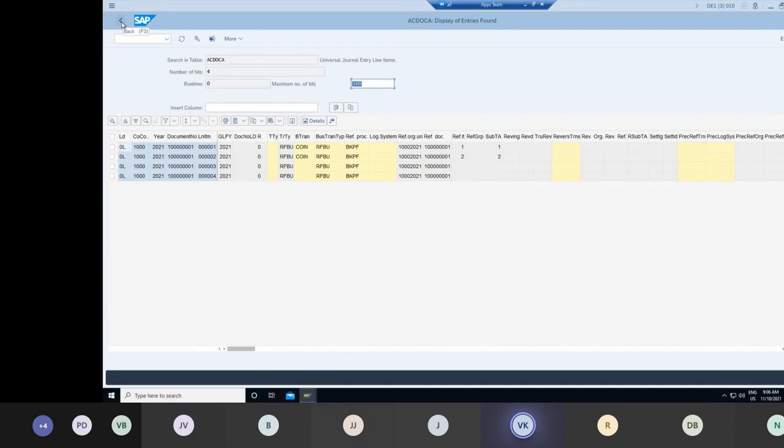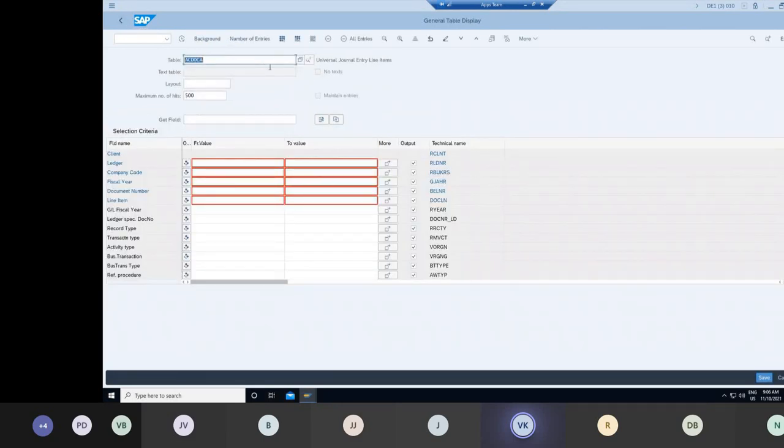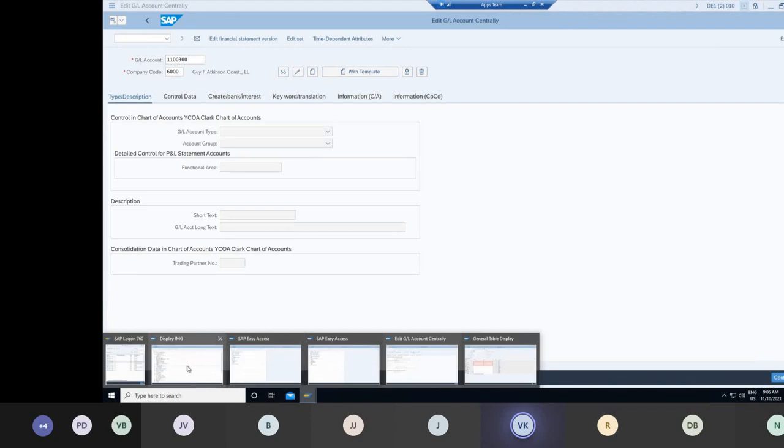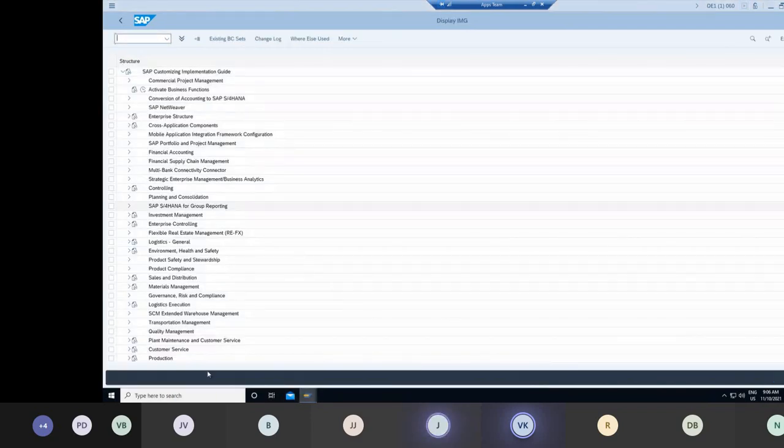So just remember one thing, we always do our configuration in this client, in this golden client called 010. The name might differ, but remember, we'll always have one golden client where you do all your configurations, and in case of any change also you will do it here. We will create this transport request, and again what I will do is move it to D020. That is, we will be moving it to this client.